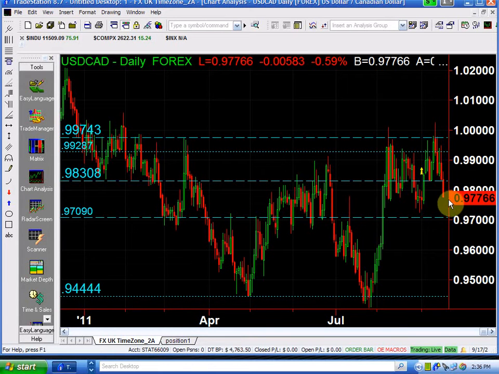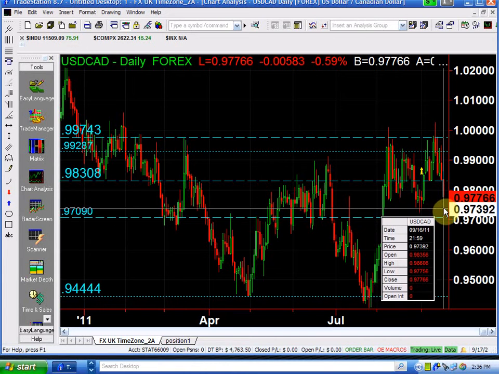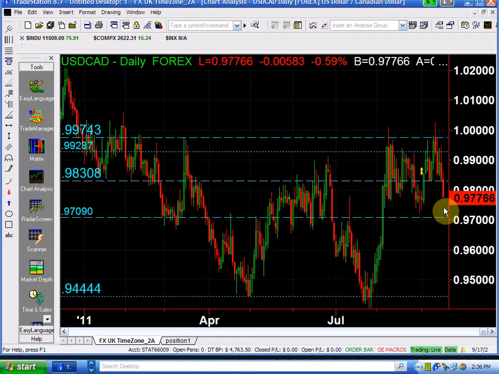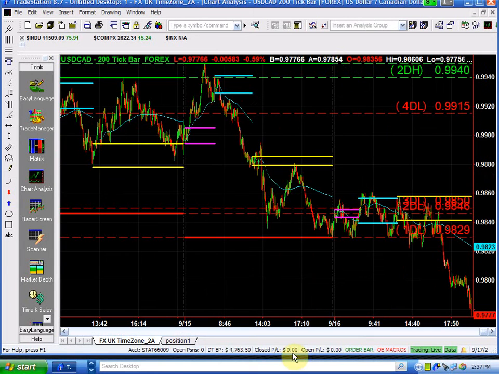This close that I have here is right at the low of the day. The close at 66, the low of the day was 65, so it's just one pip. So I think this is not a normal close for me. It's not a close that gives me comfort. I need to see that it breaks below the low before I actually initiate a selling point.